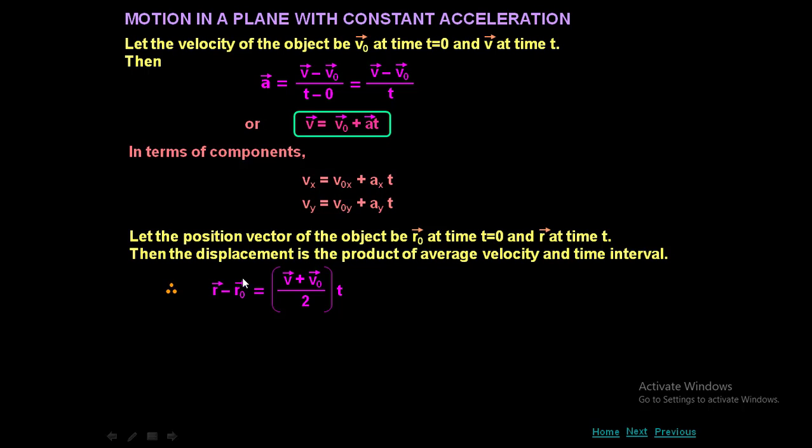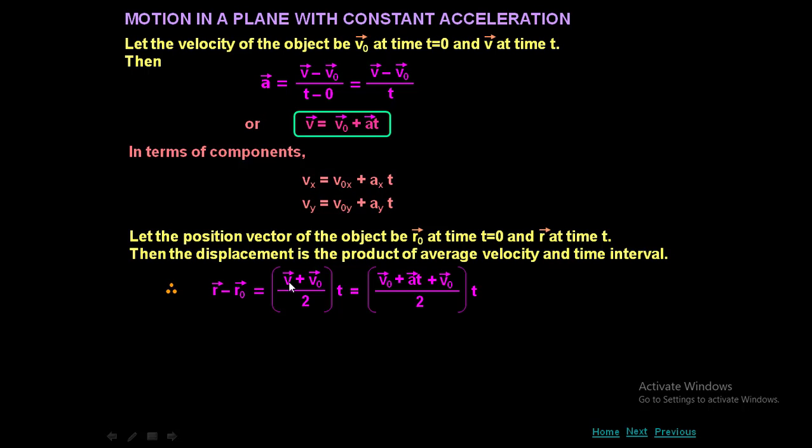We have seen in triangle of vectors also, and even in displacement vector also, change in position is nothing but displacement vector, which is equal to average velocity times time. Here how many velocities we have? One initial velocity, another one final velocity. So what is the average? v bar plus v naught bar by 2 into t, because your time remains the same. So displacement is nothing but average velocity times time,